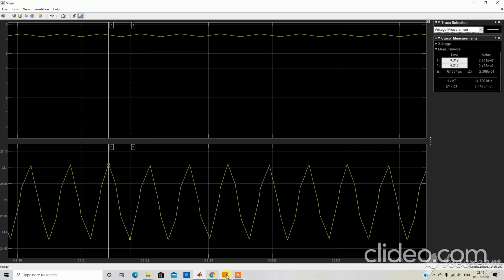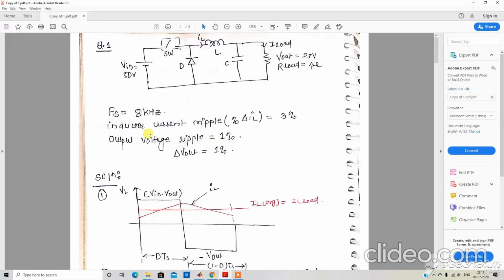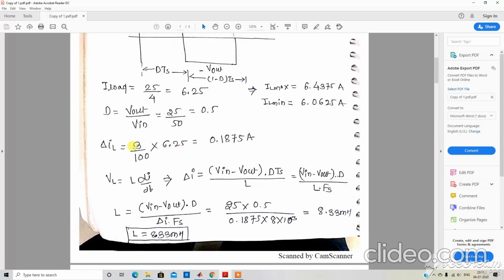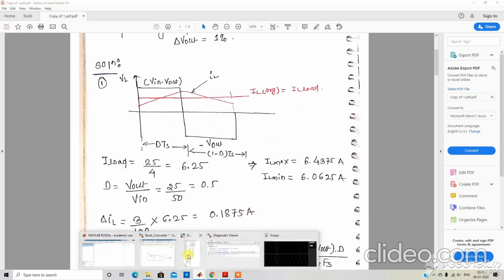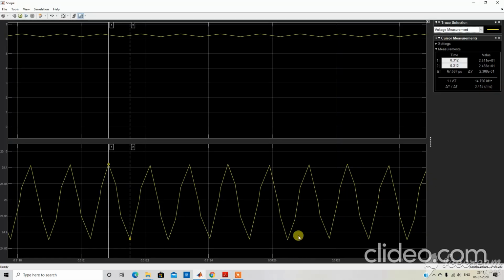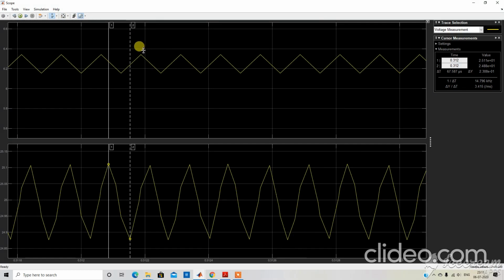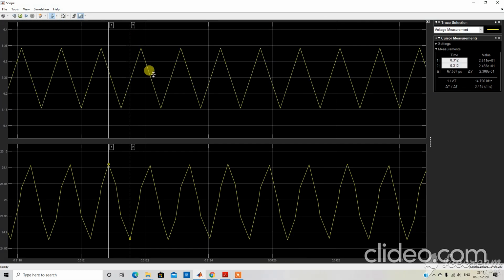Now in this analysis we have considered the inductor current ripple as 3%. So 3% of the inductor current, that is the output current, 3% of 6.25 is equal to 0.1875. Now we will check whether the peak to peak current ripple is the same. This is the inductor current, so we check the peak to peak value of the inductor current.